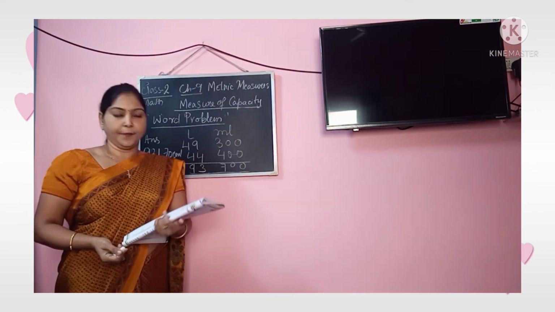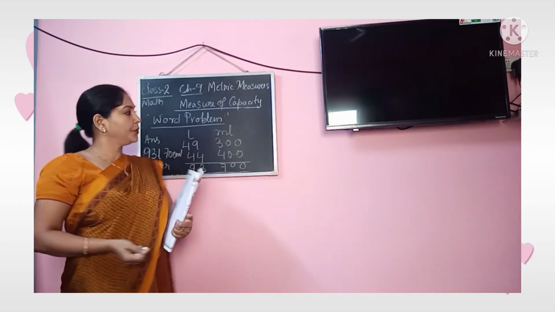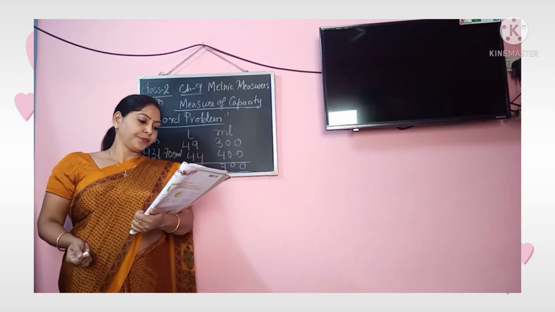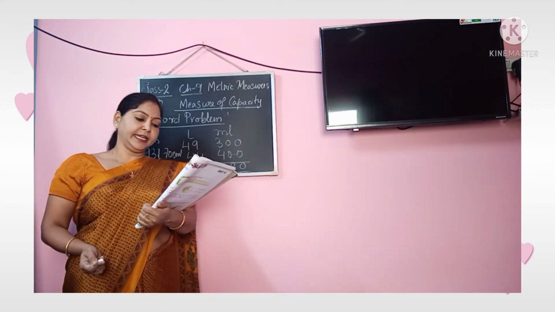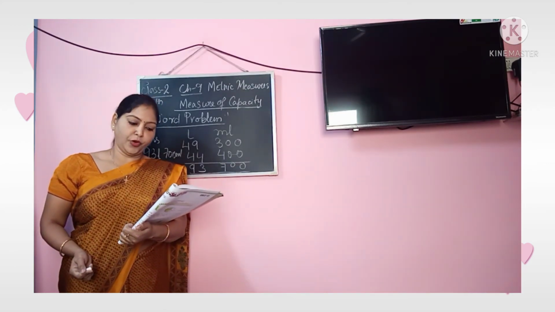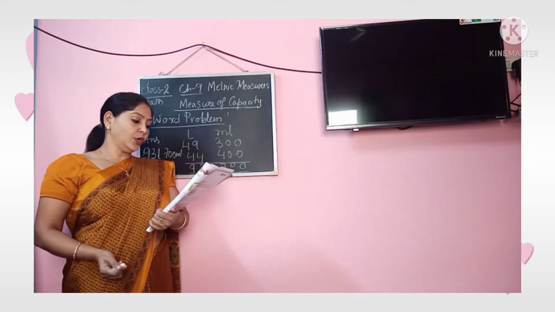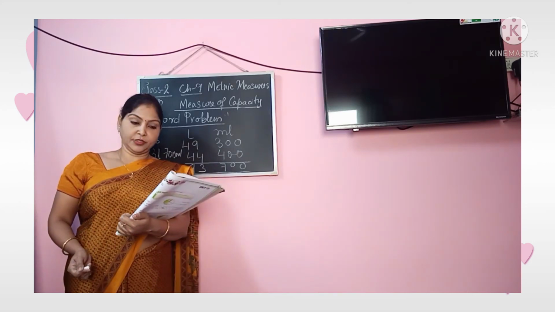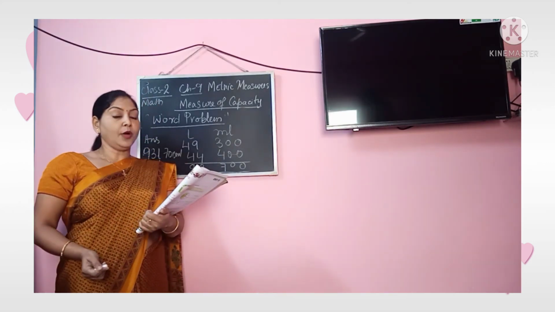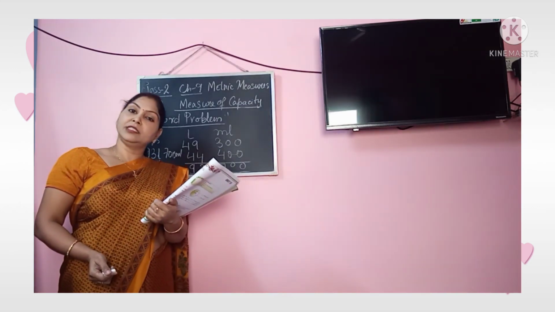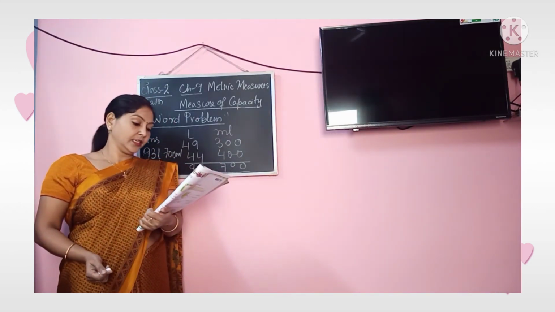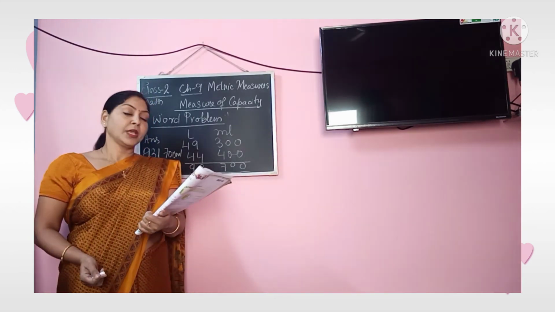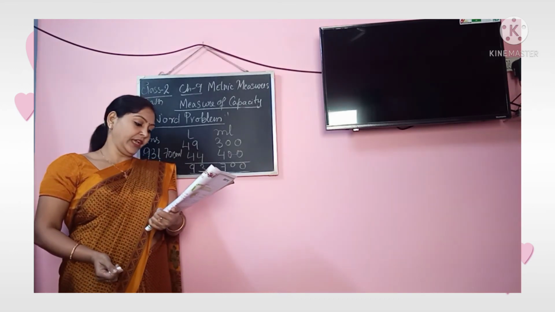In this way. Okay. Now the next question, I am not going to do all the questions on the board. I'll just give you hints on how to do it. Number 2 is done. Number 3, a dealer had 98 liter 855 milliliter of oil in his stock. He sold 39 liter 500 milliliter out of that. How much oil is left? Now here the word is left. Left means subtract. So you will subtract 39 liter 500 milliliter from 98 liter 855 milliliter.